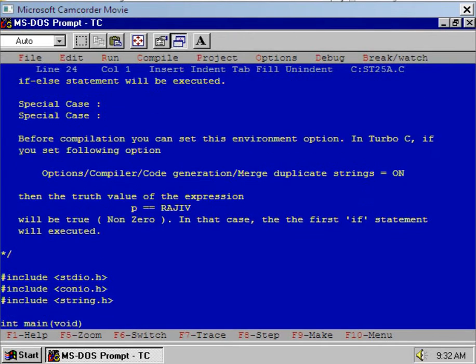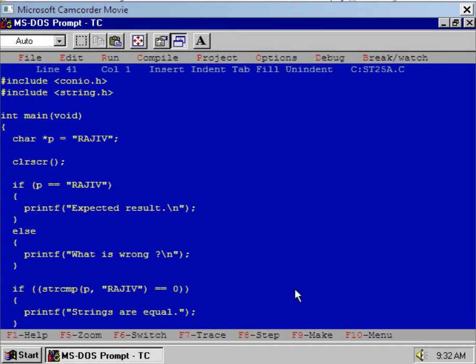You see, in the first program, the string Rajiv, this one, and the second string Rajiv are at different memory locations. The compiler has assigned two different addresses for these two copies of the same string.